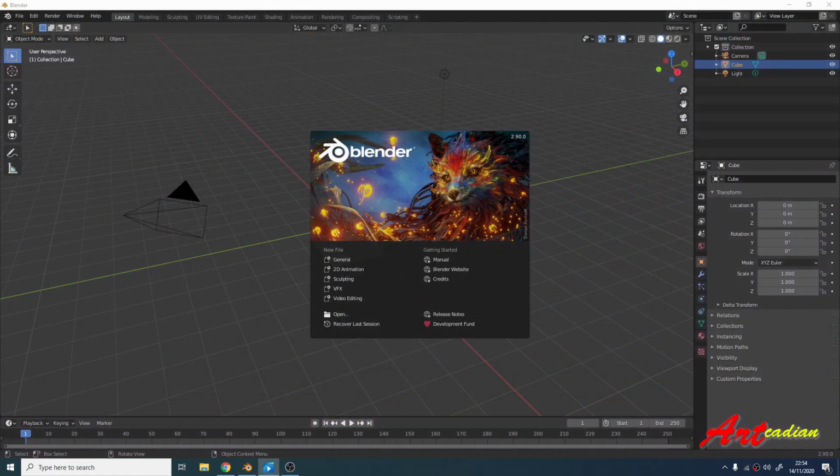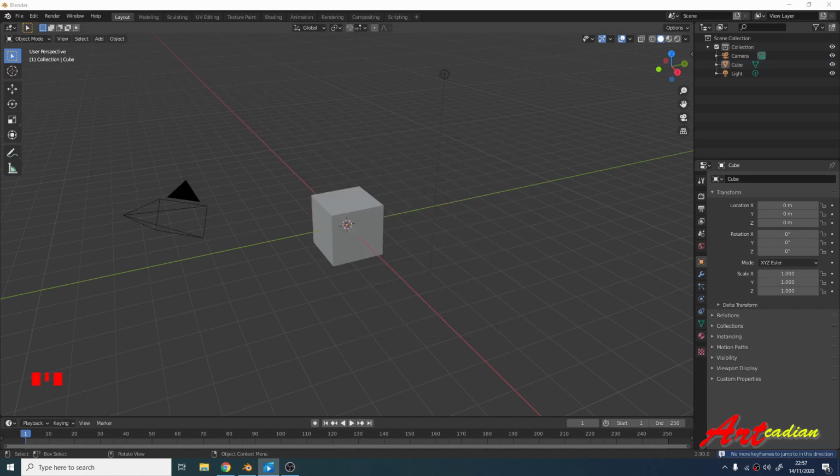Let's get started. How do we navigate Blender? Let's start from the 3D viewport. The way we select the object, just left-click on the object to select it, and left-click an empty space to deselect it. Another way, you can also press A to select all objects in the viewport, and Alt-A to deselect all. Now we will learn the basics of navigation.